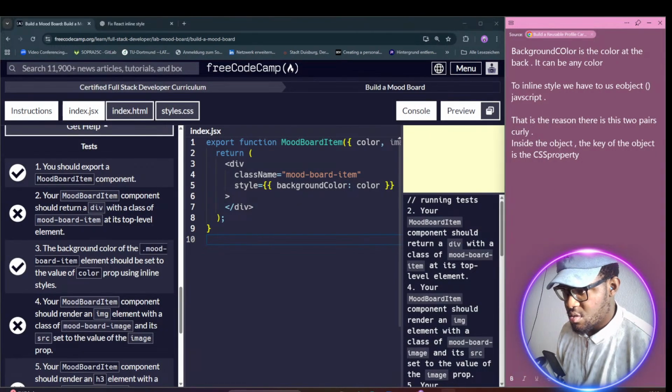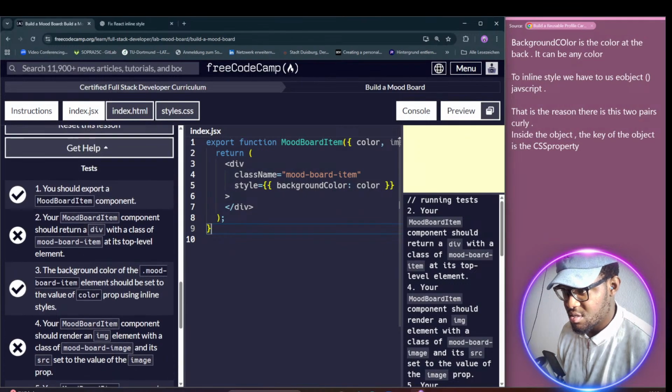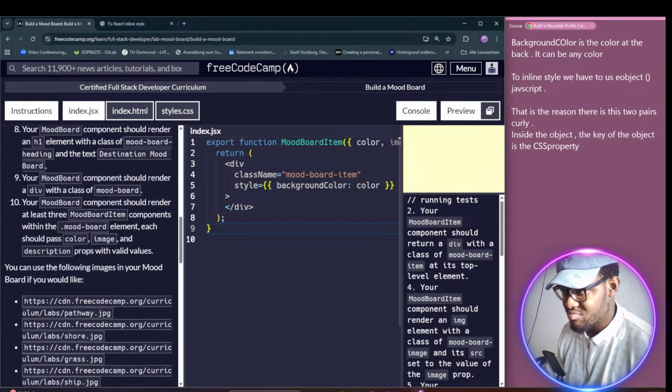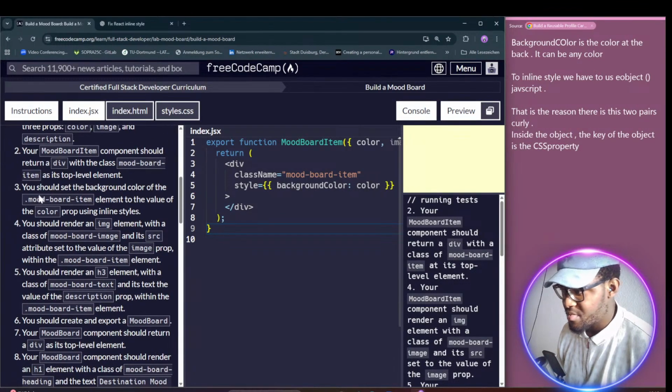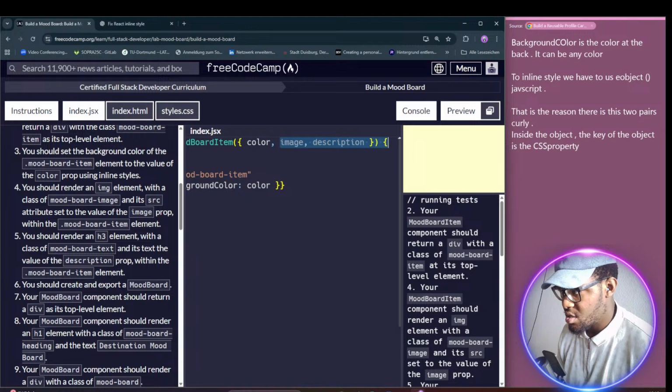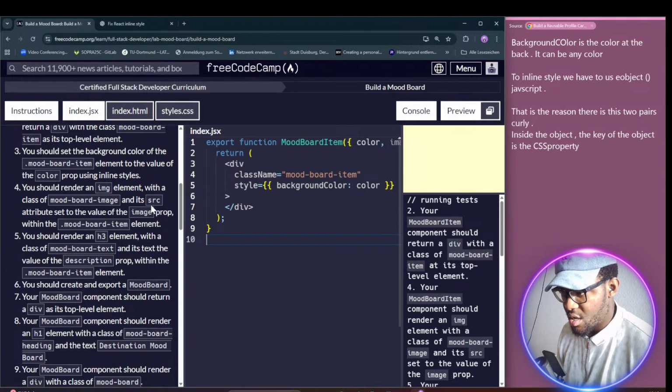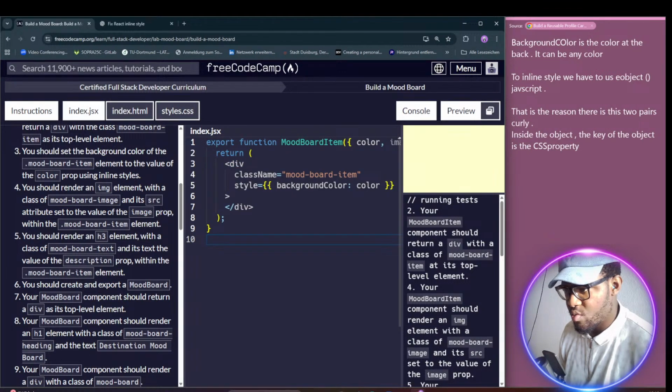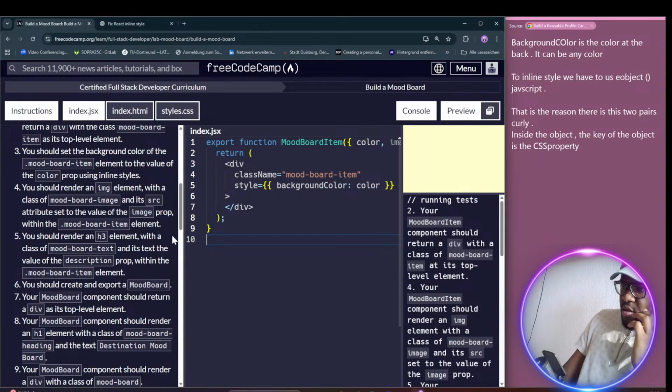So I don't know why it's not working. Normally I don't know why this test is not running. It's not important. So let's go on to the next one. You should render an image element with the class board image and a source attribute of the value image prop. Okay, this guy. And within the mood board item, so inside here,